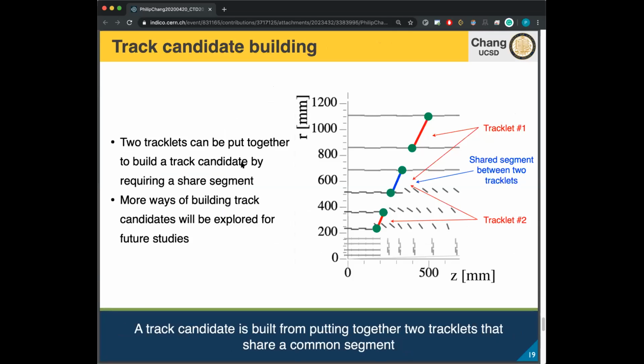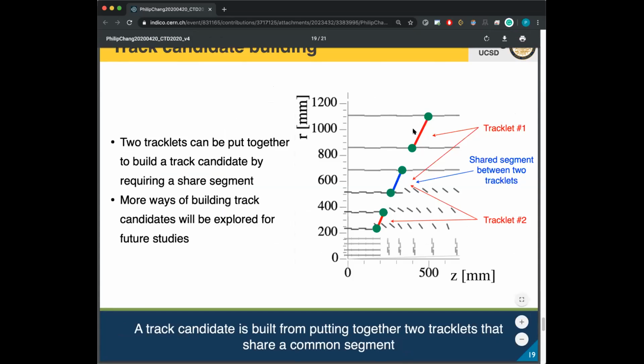Then to build a complete track candidate out of these tracklets, you can take two tracklets and put them together by requiring a shared segment. So if you consider tracklet number 1, where the blue and the red are linked, and another tracklet where the red and the blue at the bottom two are linked,